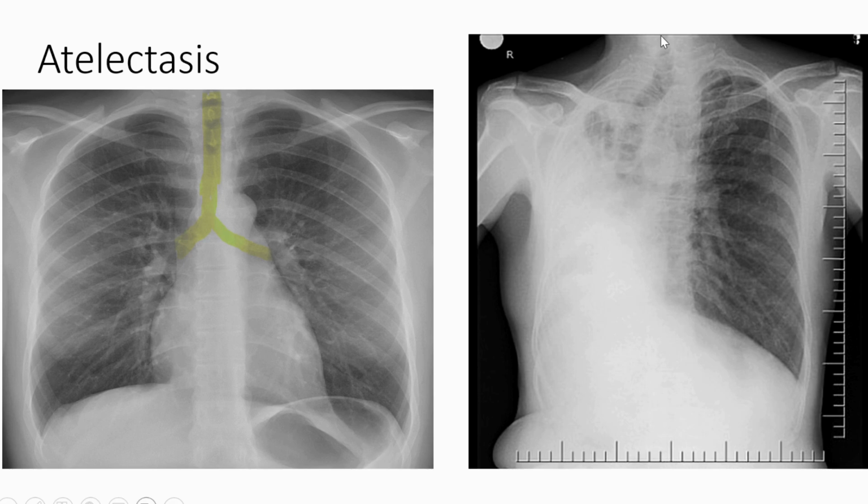So what we see in this is that the trachea is shifted to the right side, the mediastinum is also shifted to the right side, the left lung field is hyperinflated, and the right hemidiaphragm is not visualized. This suggests right lung collapse. So the entire right lung has collapsed with mediastinal shift to the ipsilateral side, which we can compare with the normal. In the normal, the trachea is central and the mediastinal shadow can be seen in the midline with normal lung fields. But in this one, we cannot see the mediastinum, as the trachea is shifted to the right side. So this is the collapse of the right lung.